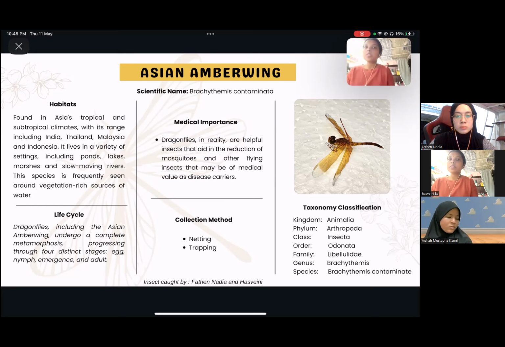This species undergoes a complete metamorphosis, which proceeds through four stages: egg, nymph, emergence, and adult. So this species is actually not harmful to humans, but is a healthy insect that helps reduce mosquitoes and other flying insects that may be of medical value as disease carriers. The collection method is netting and trapping, as with the previous one, and those are the taxonomic classification. And next,